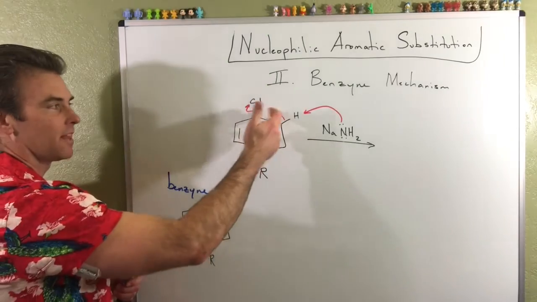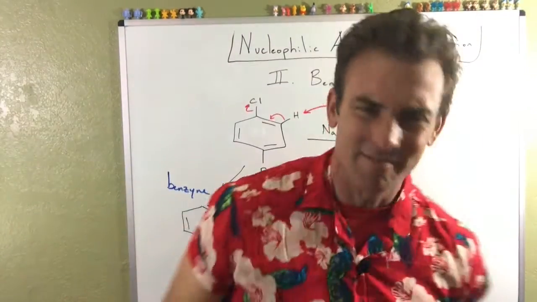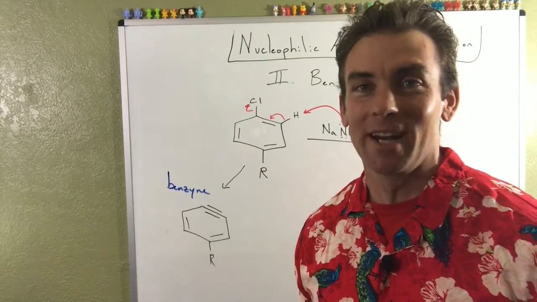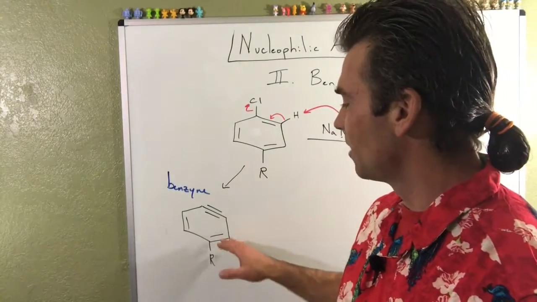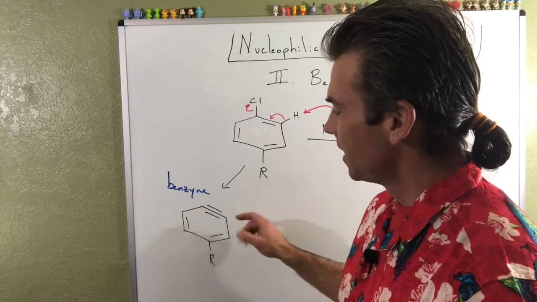And by the way, when that thing comes down, then it would pop off the chlorine. But since this mechanism is just so weird, I'm not really going to bother showing it correctly. I'm just going to kind of show you how to get there. The reason that we care that there is a benzyne here is that the second step, it turns out that